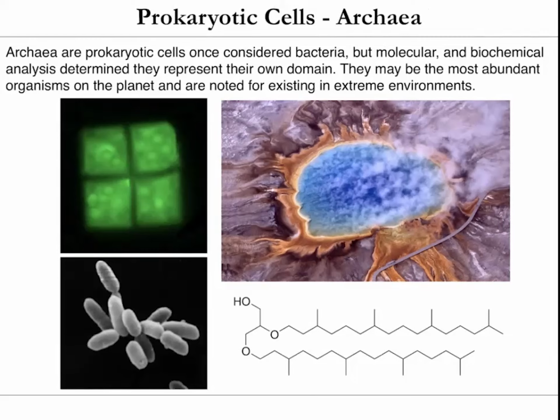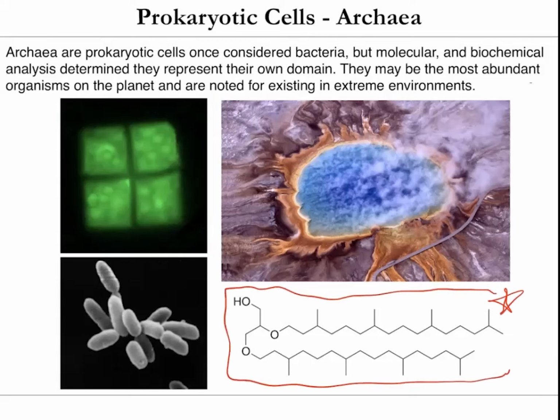This was determined in a lot of different ways. For example, their ribosomes are distinct based on the sequences. I mean, not that distinct, but they're distinct enough to be their own domain. They also have some features like the lipids in their membranes having this weird sort of structure here. They're sort of esters that have these interesting hydrocarbon chains. Archaea can look just like bacteria, but some of them have weird morphologies, like this archaea here that has a cubic or square morphology.